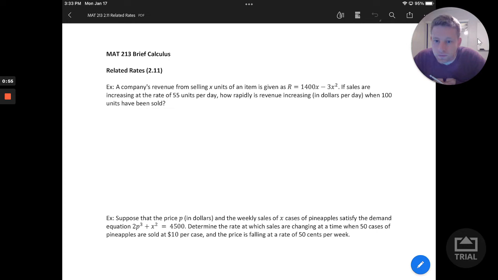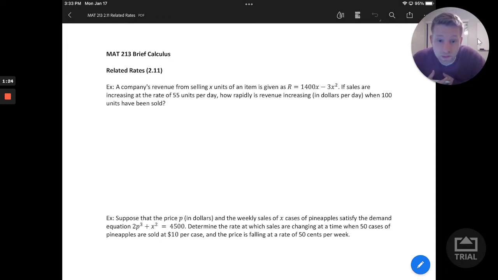Example 1 says a company's revenue from selling x units of an item is given as R equals 1400x minus 3x squared. It says if sales are increasing at the rate of 55 units per day, how rapidly is revenue increasing in dollars per day when 100 units have been sold? So there's quite a bit of